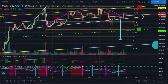I think we're very close to breaking through right here, and on multiple occasions this got bought back up with these massive wicks, and I think that was an attempt to essentially save the trend from dumping down here and fulfilling the Adam and Eve pattern. And I think basically distribution is taking place in this range, and I think it's just a matter of time